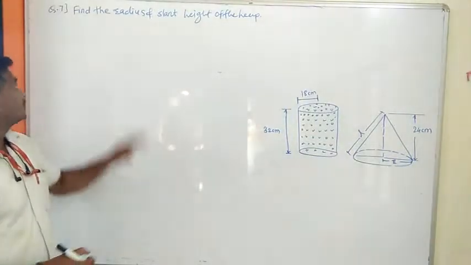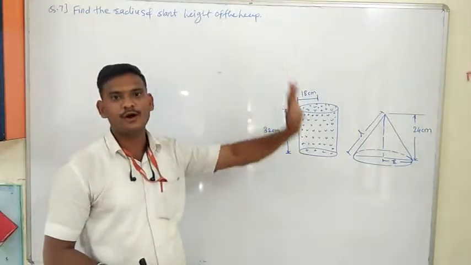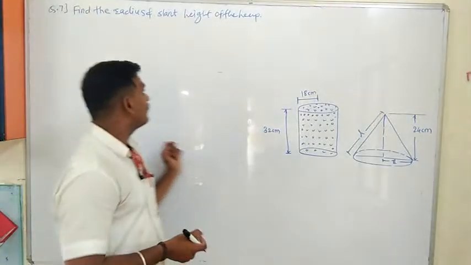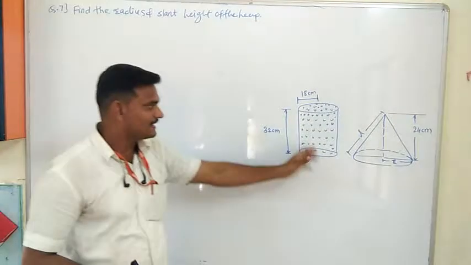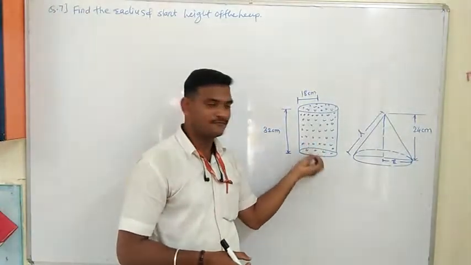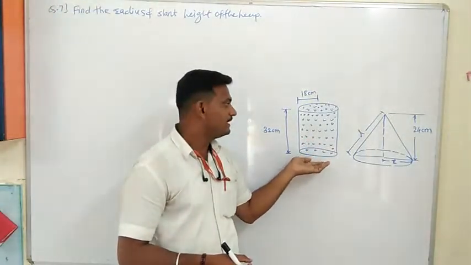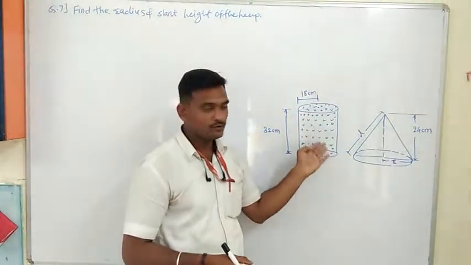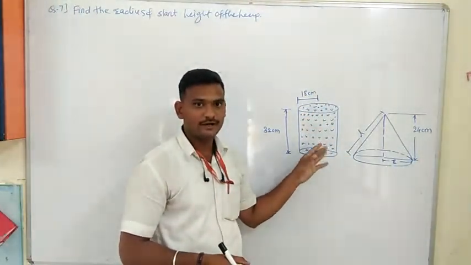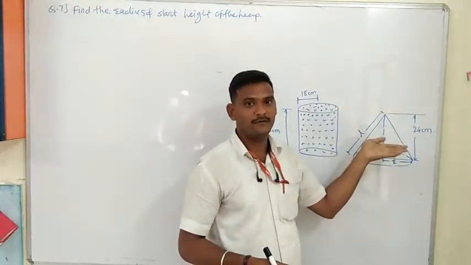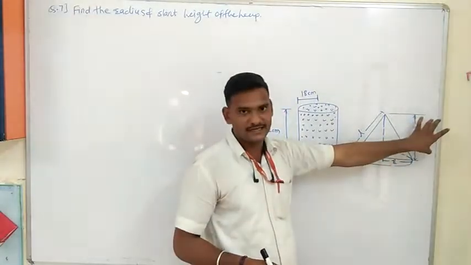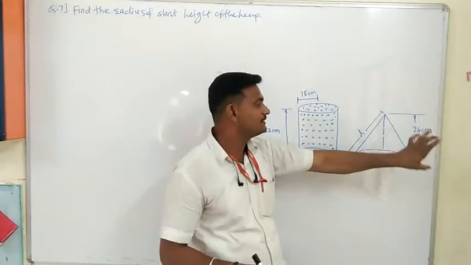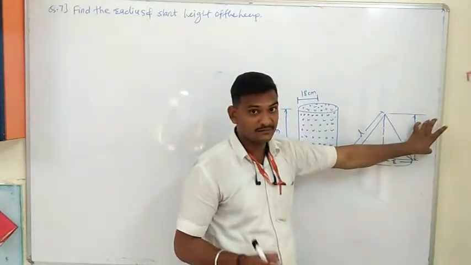Okay, copy down. Okay, students. Now we will see question number 7 from exercise 13.3. In this question, I have not written the entire question; I will explain what is asked. There is a cylindrical bucket in which sand is filled. Now we have to pour this sand on the ground and form a conical heap which is of a height 24 centimeter.